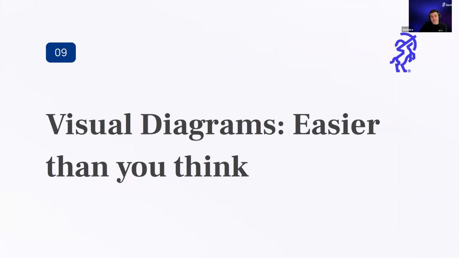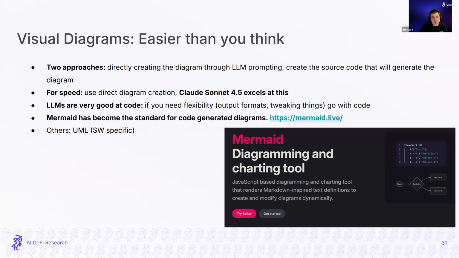So visual diagrams are extremely helpful to explain concepts and to learn new materials, and creating these with AI is extremely easy, and it seems that not many people are doing it; they are mostly drawing their diagrams manually, which nowadays is not the most optimal, right? So I would say that there are two approaches here. We can ask one of these web apps on frontier models to create a diagram directly. Or what we can do, which I think is more interesting, is to ask these LLMs to create the source code that will generate this diagram.